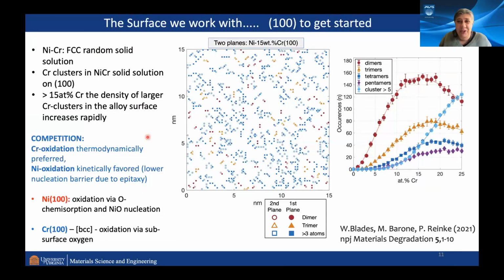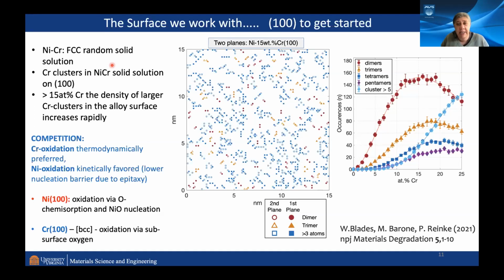Okay, and first rule of surfaces: know your surface. Structurally, we are very well defined on our thin films. Compositionally is a very, very different problem. So nickel chromium is a random solid solution FCC alloy; we're in the composition range where we should have a random solid solution. You can have surface segregation, which we have seen. You can have nanofaceting, which does not happen on the 100 surface.